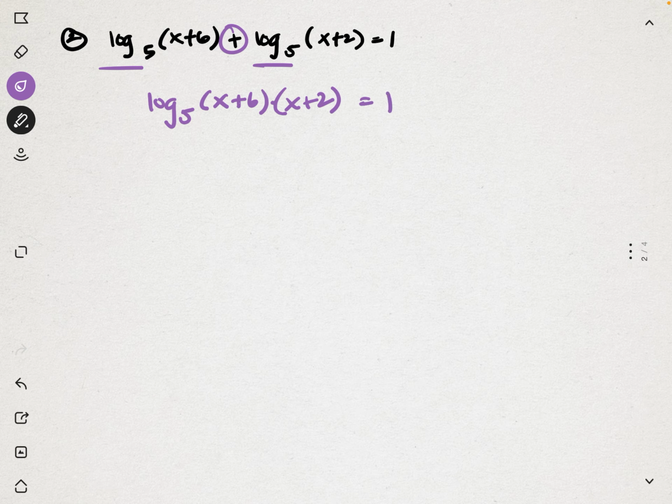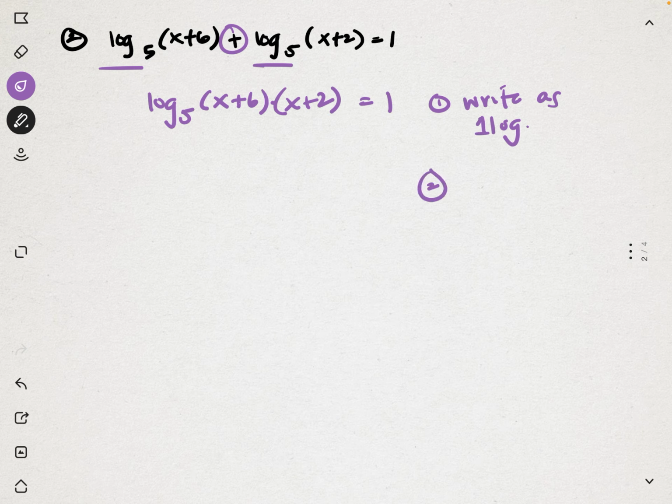Again, we have the log base 5 on the left side, but not the right side. So we can't just say right now that x plus 6 times x plus 2 is equal to 1, right? But what we can do here is write as one log. Okay. Step 2,